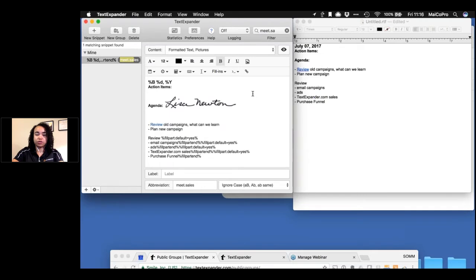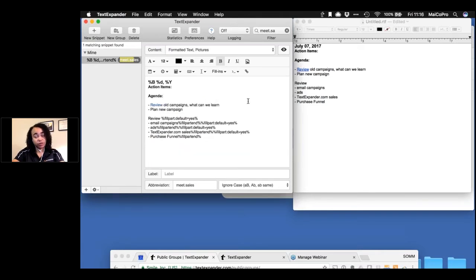Remember that you will need to change the size of the image to be whatever pixel size you want it to be before you put it into the snippet, because this is not an image editor. I'm going to get rid of that because that doesn't really belong here. This is a good spot to look at